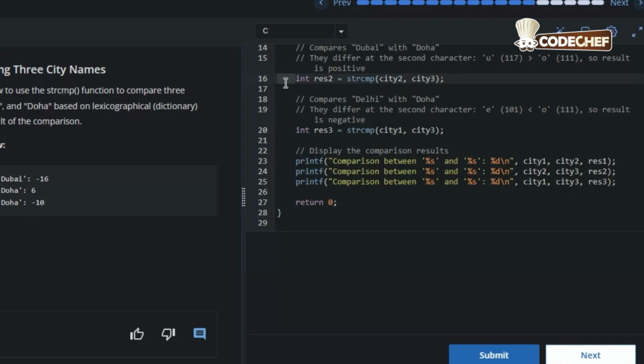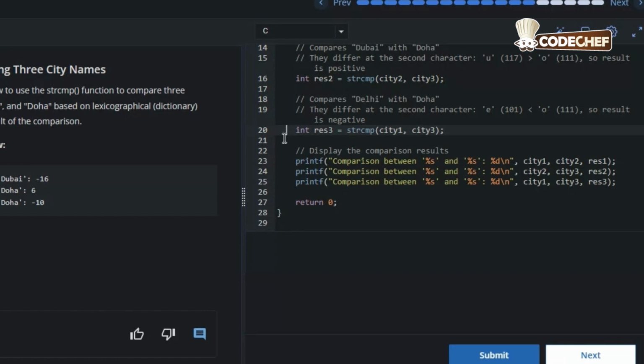So Dubai comes after Doha alphabetically. Now the third comparison, int res3 = strcmp(city1, city3). Here the second letters of Delhi and Doha are E and O respectively, which have values of 101 and 111, giving a difference of -10. So Delhi comes before Doha alphabetically.